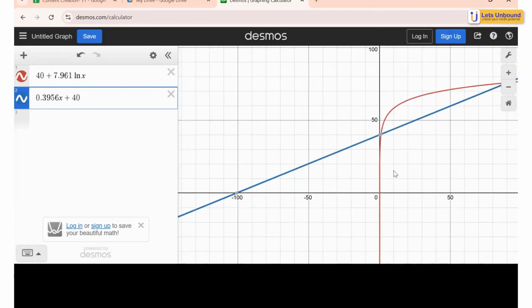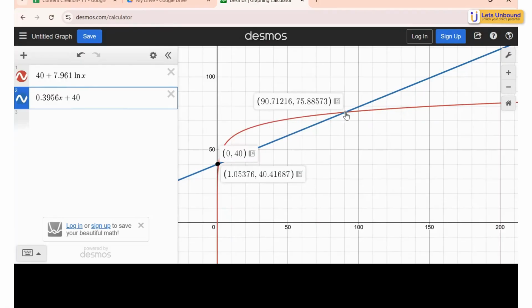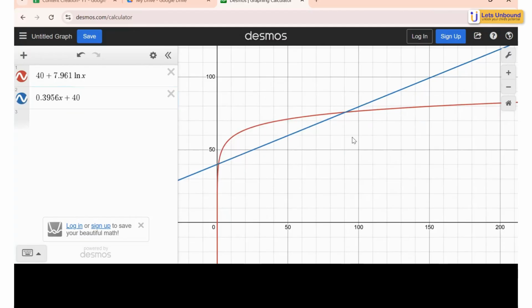Now these were the points of reference that we have, and if we look at the graph, we shall be able to approximate that at (0, 40), and I have this point where it's approximately 91, the graphs are intersecting. So let's take these 2 points where the graphs are intersecting as approximately (0, 40) and (91, 76). Now, because we've taken approximations of the values of b and approximations of the values of the rate of change, it's not giving us an accurate graph. However, these 2 points of reference that you can see are (0, 40) and (91, 76).